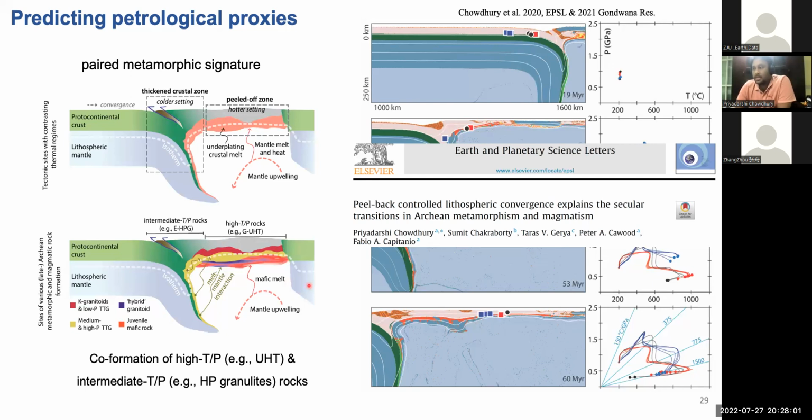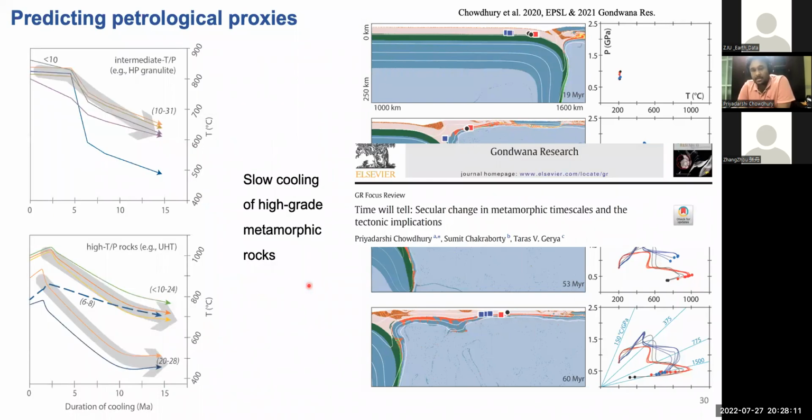So this is about the PT path, but there's another thing which we can compare between the rock types and the model, which is the pressure-time and temperature-time, that means the burial or exhumation histories or the cooling or the heating histories. So I, again, tried to correlate the cooling histories present in the rock record compared to the cooling histories from the same markers. As you can see, we can track the PT across time,